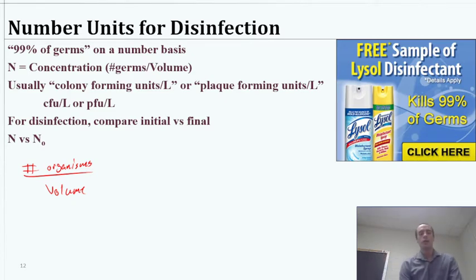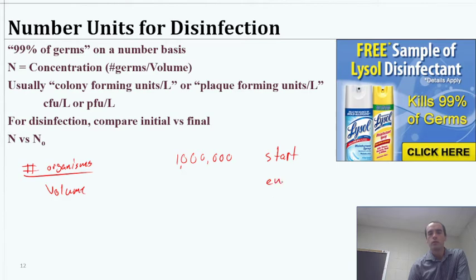So if we started with, let's say, 1 million bacteria, and then we ended with 1,000, if those are our starting and ending conditions, let's say per liter, this would be